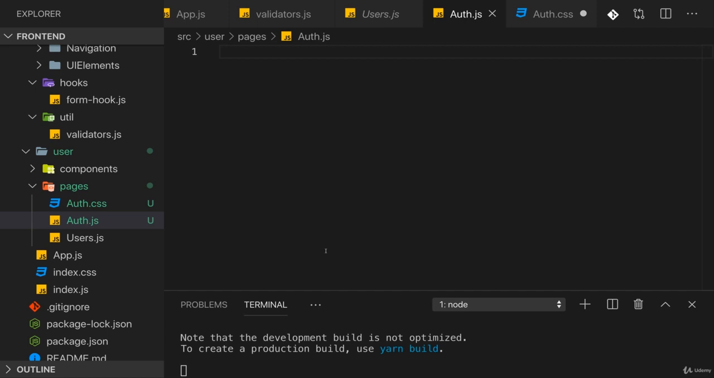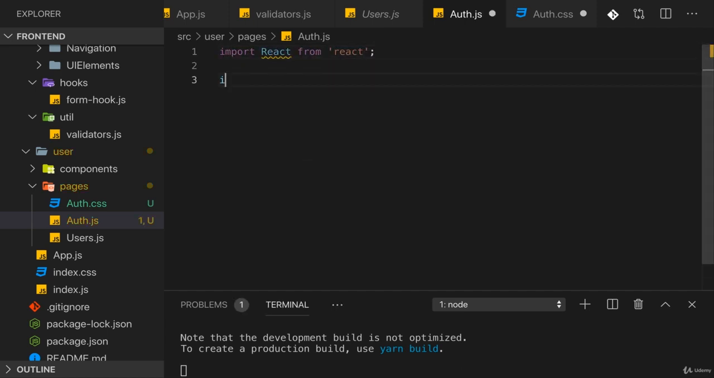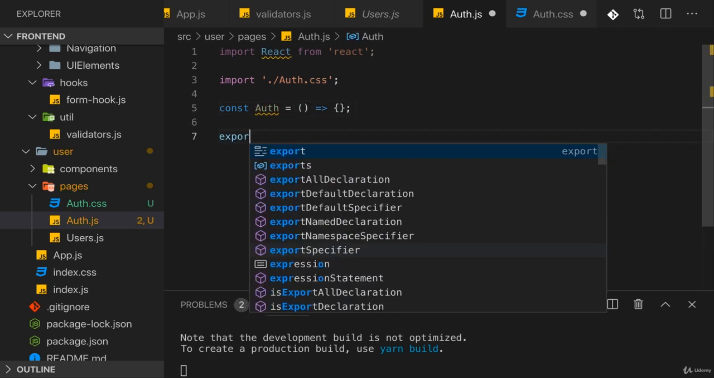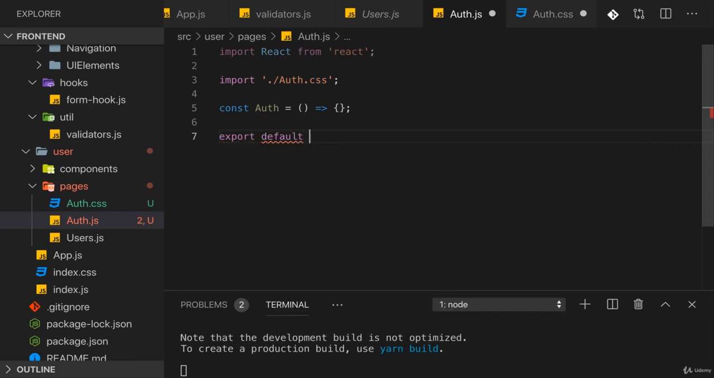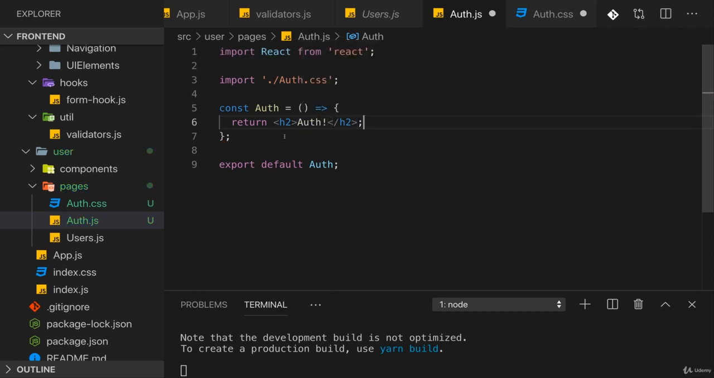So in the Auth.js file, of course, we import React from React. We import that Auth CSS file we just added to get the styling. And then here we have the Auth component, which will render some JSX later, and we export this Auth component. Now, inside of the Auth component, for the moment, I'll just render Auth as a text here to see whether I can get there,